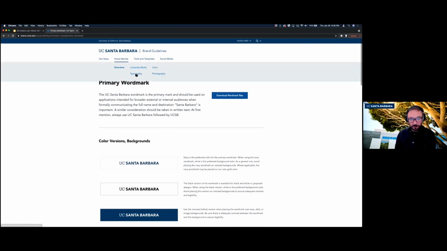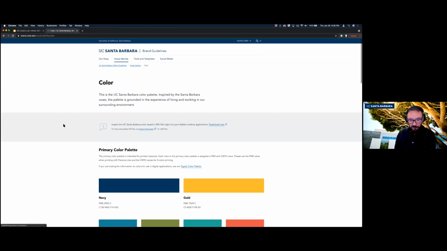Let's go to color. One of the things that you saw in one of those early slides of where we were, you saw lots of different blues and different colors all over the place. And part of that was because we didn't give anyone a system of colors to use. All we had before this exercise was blue and gold. And that can be really difficult to be a designer with two colors and one typeface. You can do it, but it's pretty limiting.